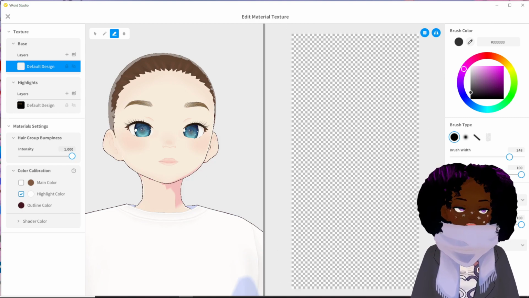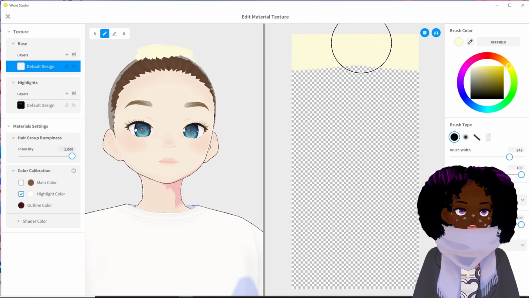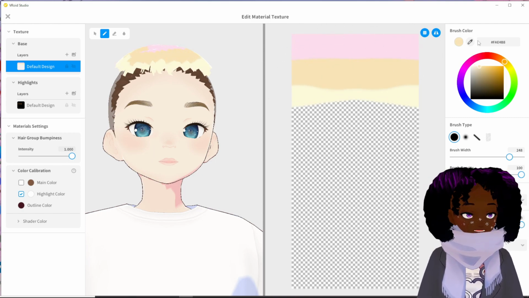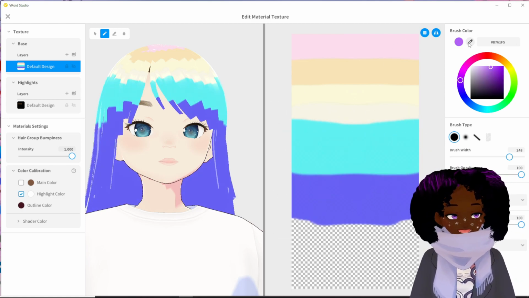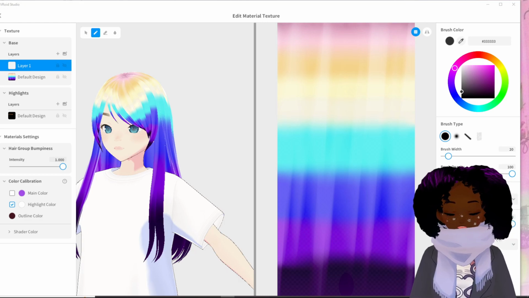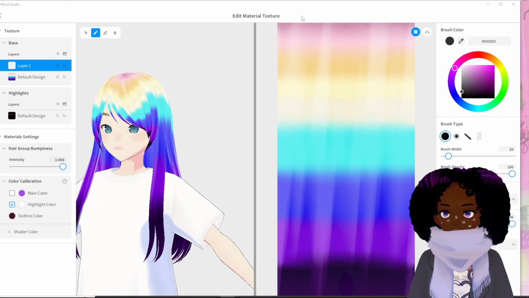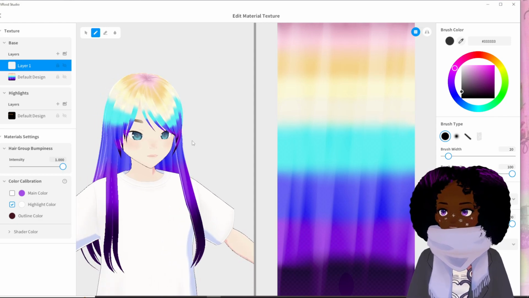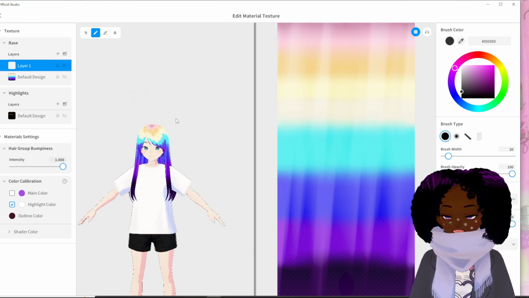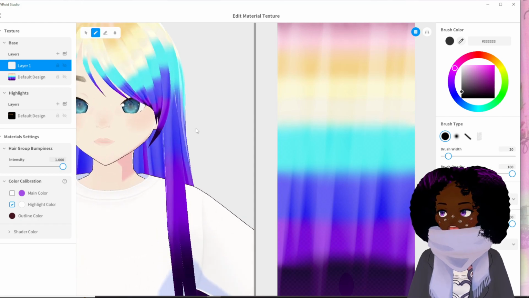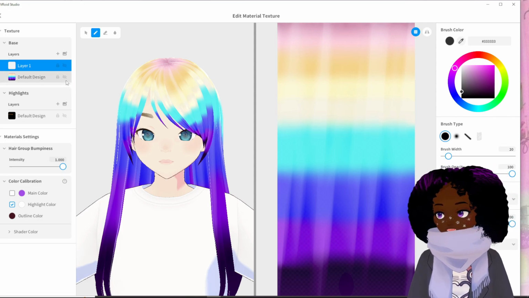Alright, so the colors that we are going to be working with is a blonde at the top. Okay, so I pulled out some colors that I would like to work with. Obviously, I'm not going to use this exact style because it's going to look a little crazy. I mean, maybe that's what you want, but that's not what I'm trying to get. So I made a base of the different colors that I want to work with, and then I'm just going to color over it.